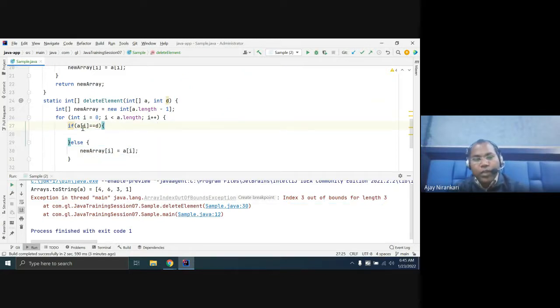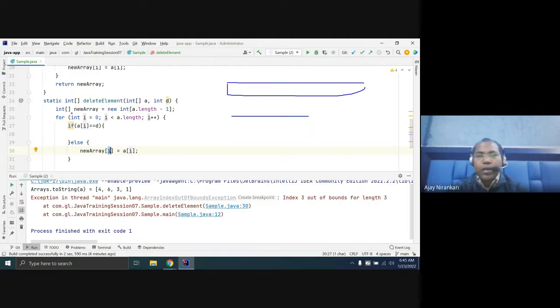So whenever you are comparing with a match, then we have to do something. Sometimes you have to run with I, sometimes you have to place I minus 1 or the old value. Or you can say simply, two ways: you have to track two indexes. Here I am using only one index, I. Instead of maintaining only one index, you have to maintain one index for your old data and one for your new data.